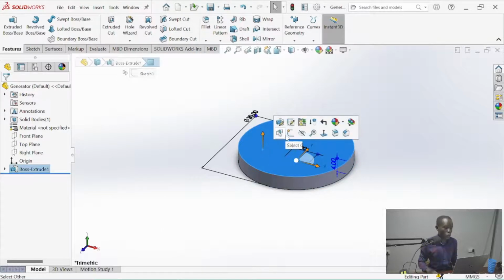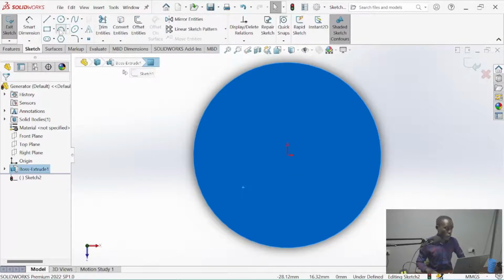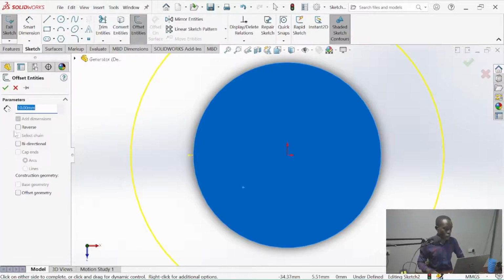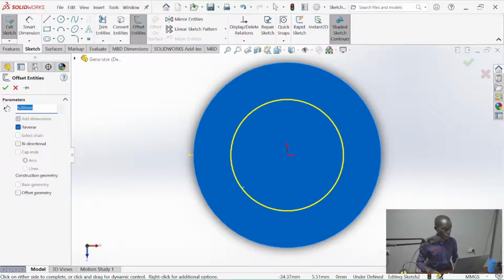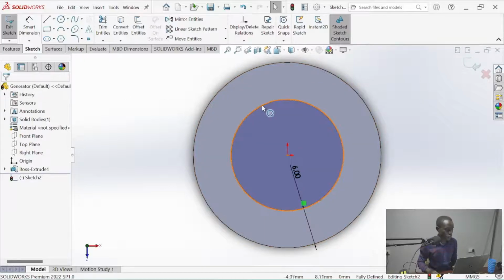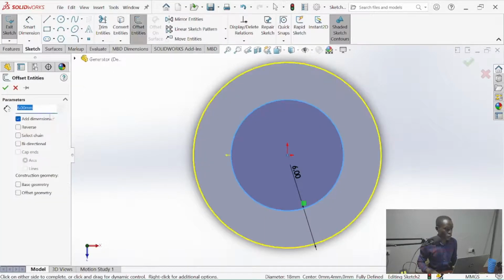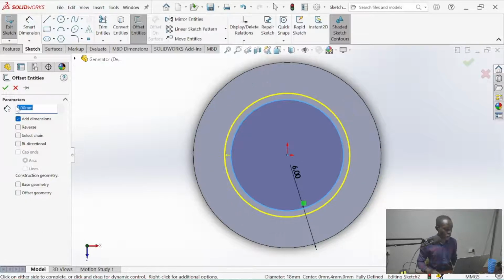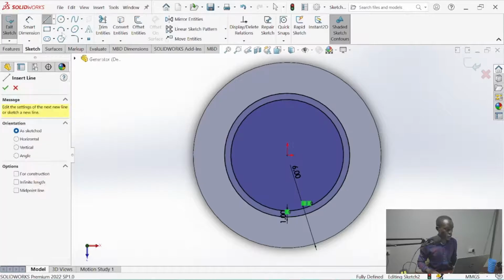So we design the arrow. Okay, let's just offset. Offset by 1. Okay, that will do.